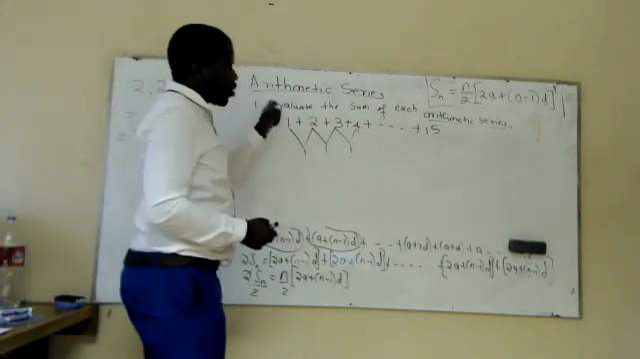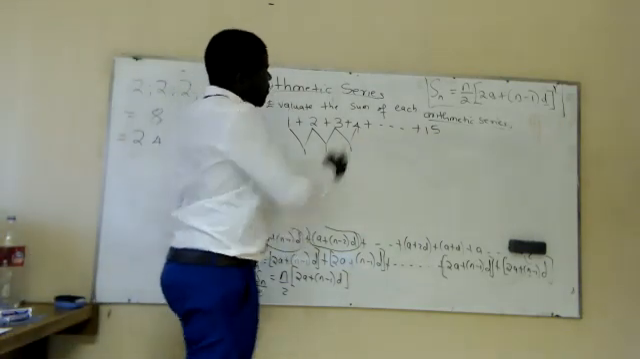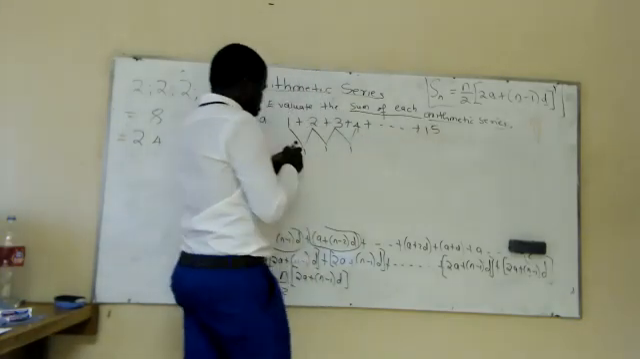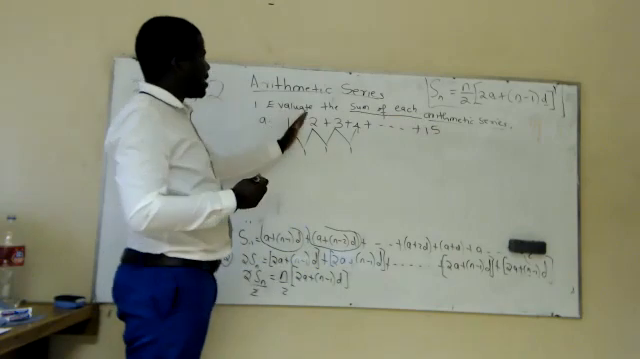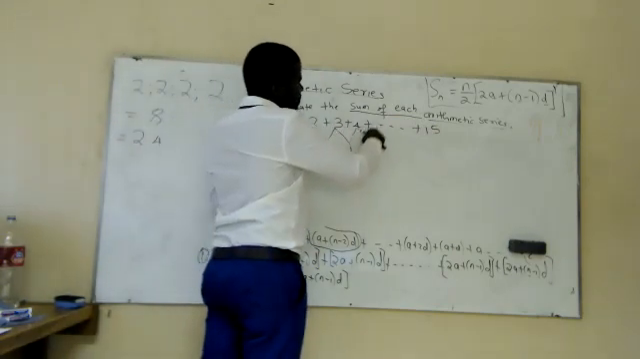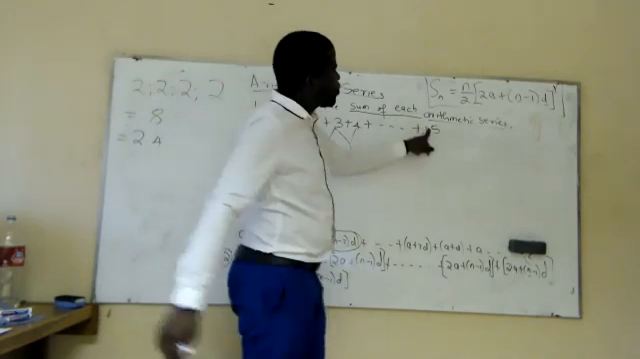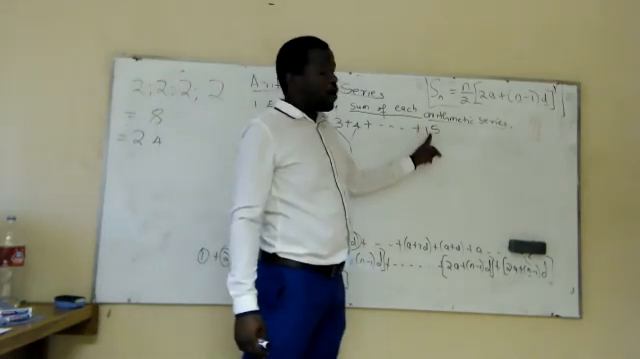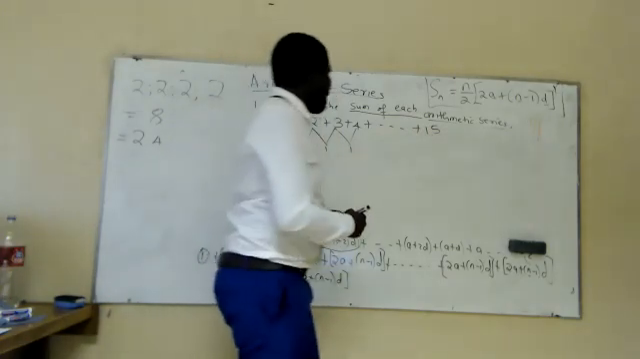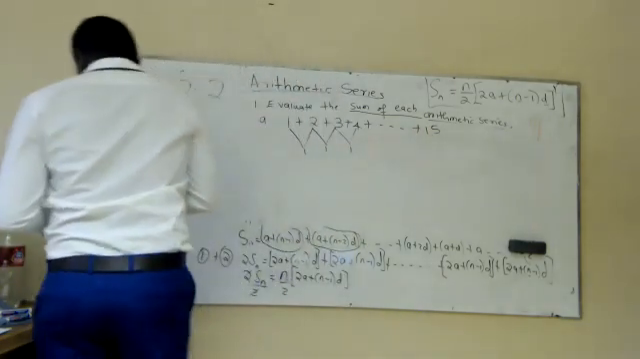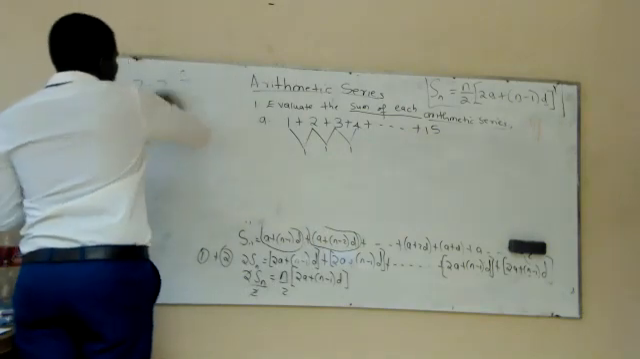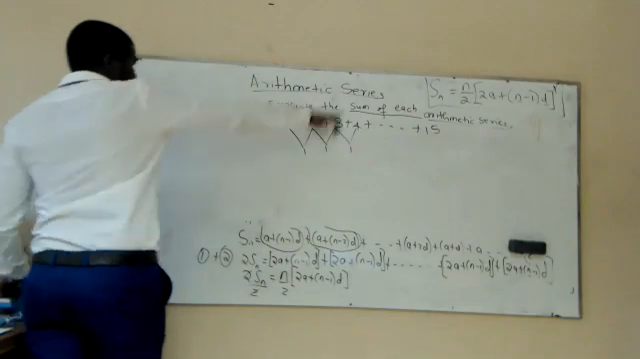Okay, then now the question requires us to find the sum. So the sum is the addition of the terms. It's 1 plus 2 plus 3 plus 4 plus 5 plus 6 plus 7 up to when we have term number what? Term number 15. That you can do manually. Let's just do it manually, and then afterwards we compare the answer we obtain with the answer we're going to obtain